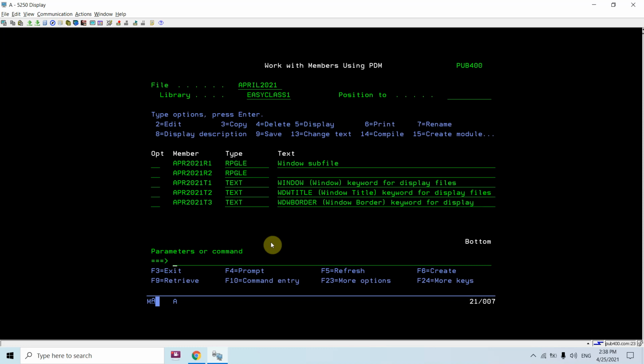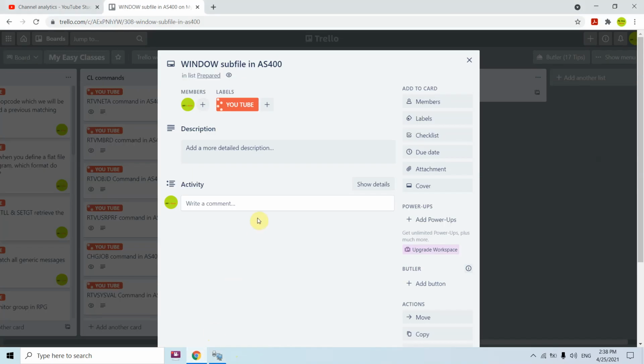If you are capable of writing the load all subfile, then you can write the window subfile easily. There is just a one word difference, the window keyword, which basically tells the system the dimensions you want for that subfile on the workstation. So that's all in this video. Thank you and have a nice time.